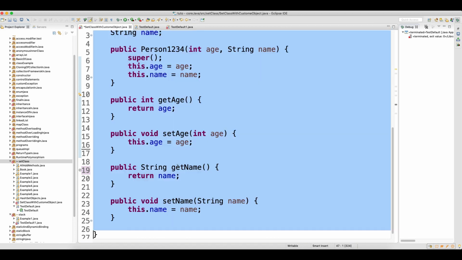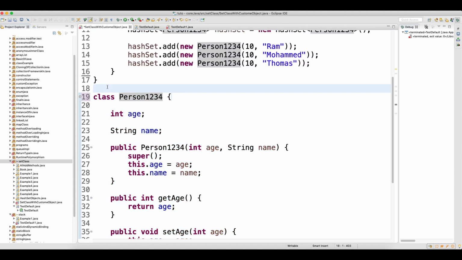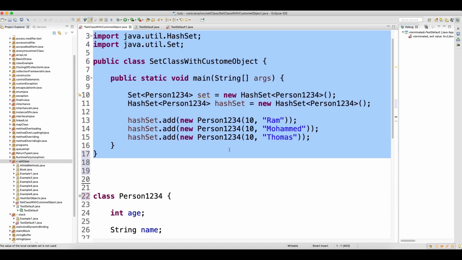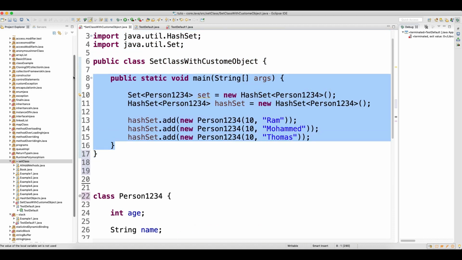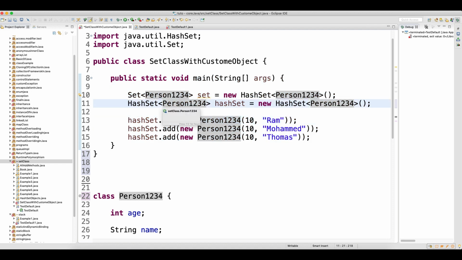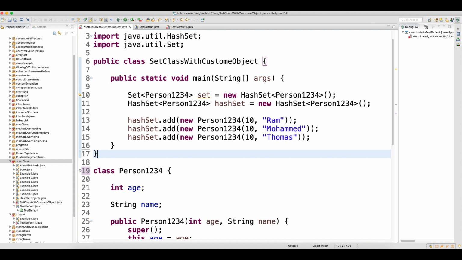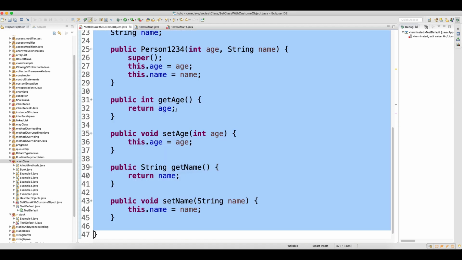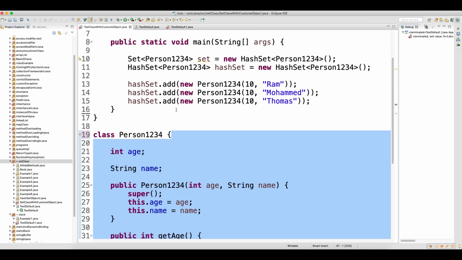Even in that case, create one default class, so that this part is separate and has no relation at all. Both parts are separate. And even this object you can store only in your one package. You cannot go outside. That is the reason I have designed it like this, and this is the new concept I wanted to teach you. So even in future, in your project, if you have such a requirement, please make a default class in the same file, and you can write the bean class. The bean is nothing but the object. Please remember this terminology. Bean is nothing but object. I'll be using that going forward.